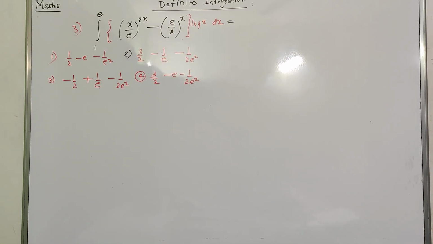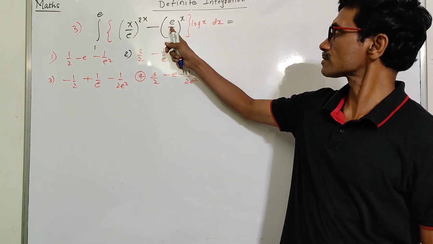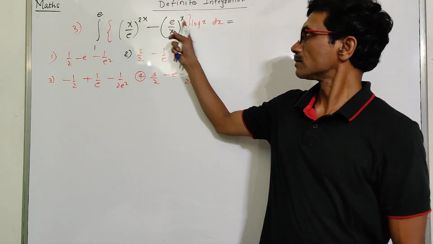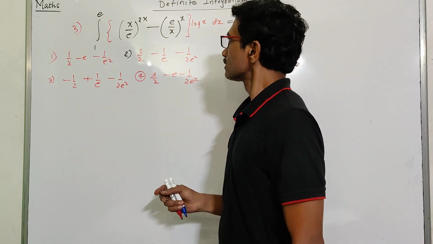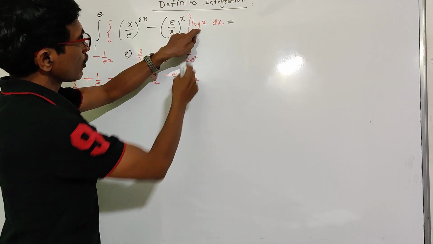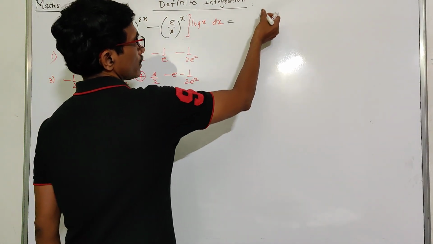Third question, integral 1 to e of x upon e raised to power 2x minus e upon x raised to power x, log of x dx. So answer of this we have to find out. Separate the integral, here multiplying with log x, here this multiply with log x. So our integral I will become